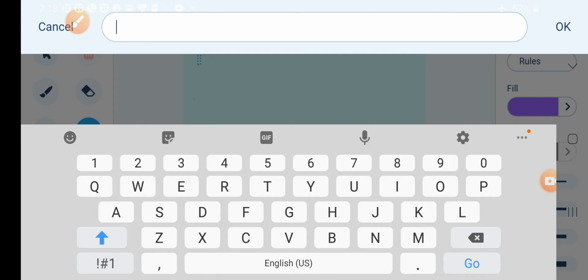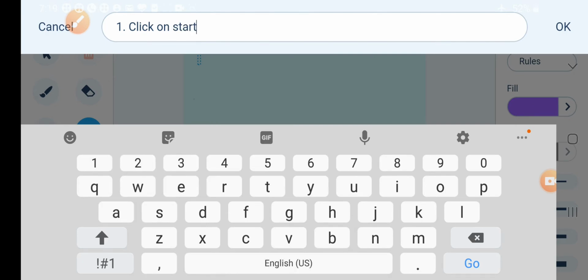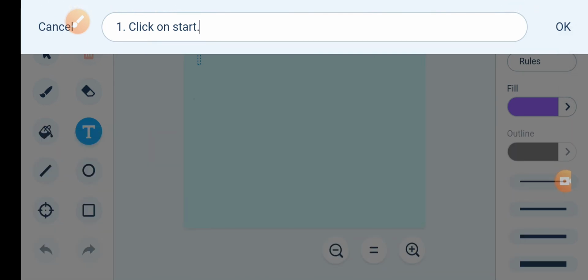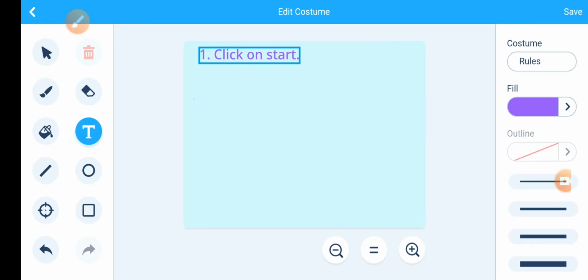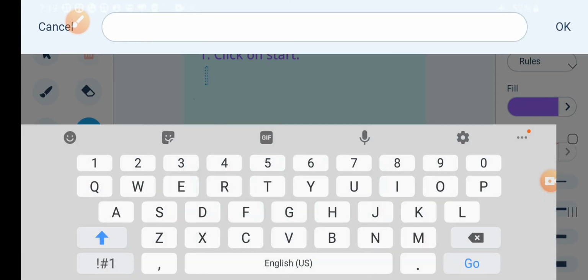I will write all the rules in short form. First rule, click on the start button. Second rule, there are 4 trees.